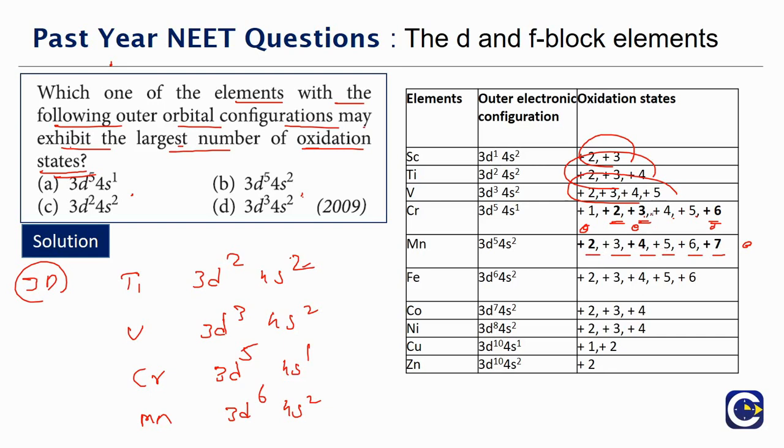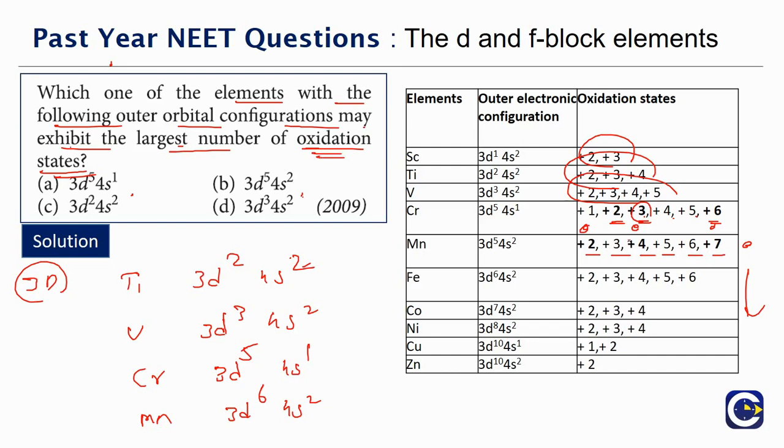Remember, in the previous case we were discussing that for chromium the +3 is going to be a stable one, even in the aqueous solution. Now, if we have to look at which of them is going to have the largest number of oxidation states, we'll see. But before we discuss it, after the middle, once we reach the peak at manganese, the number is decreasing. As the D electrons get paired up, the possible number of oxidation states decreases. Initially, till the middle of the series, the possible number of oxidation states increases. After that it decreases.